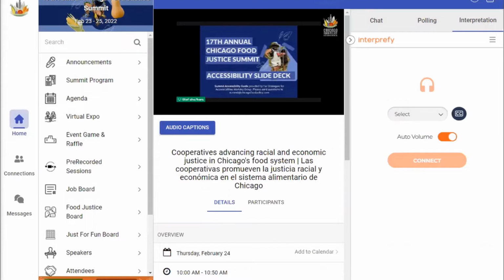Before we start your session, I want to highlight some of the accessibility options, engagement features, and explain how to